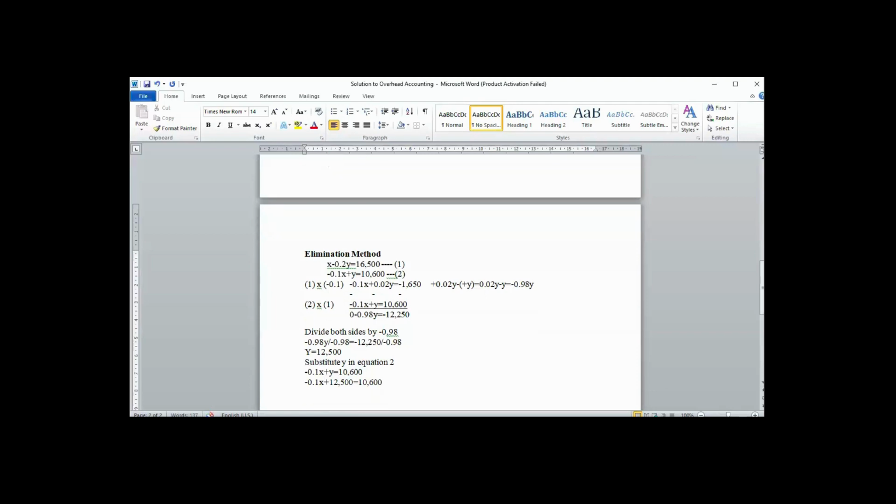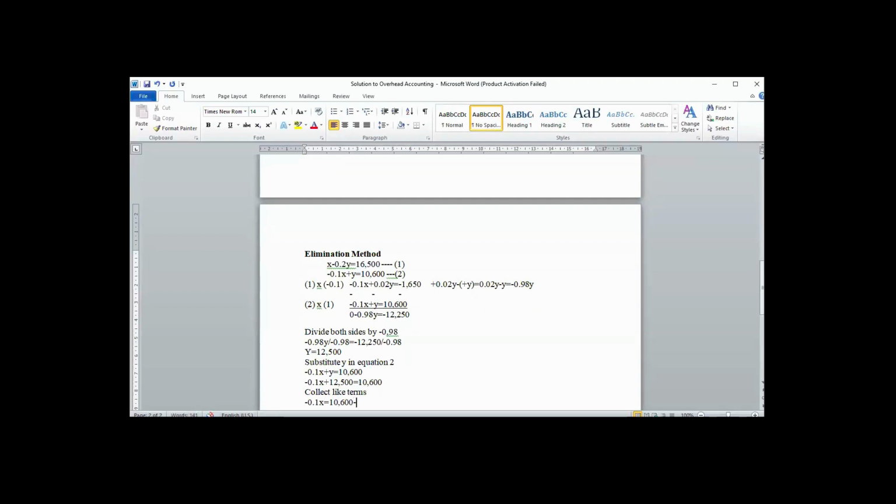What do we do from there? Collect like terms. Then we now have minus 0.1x equals to 10,600